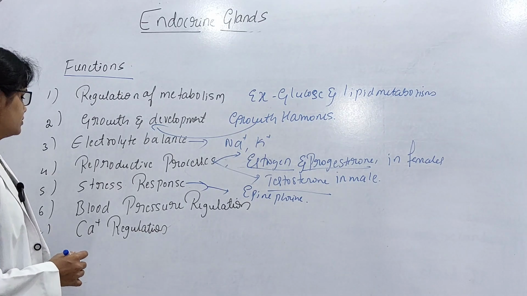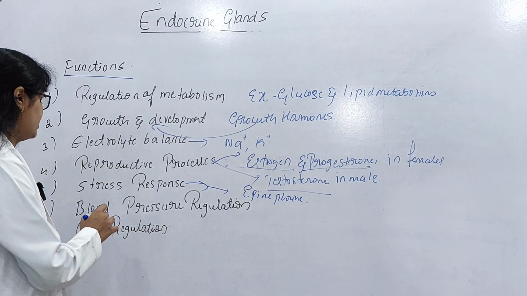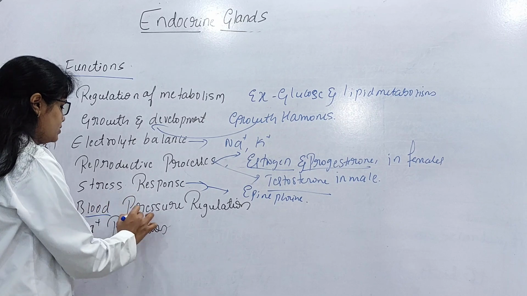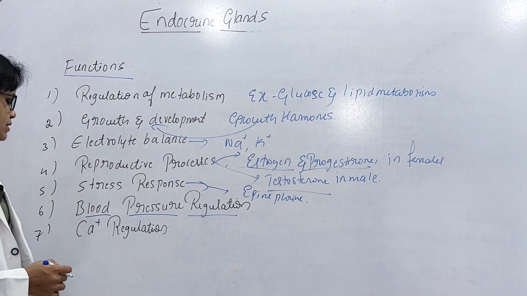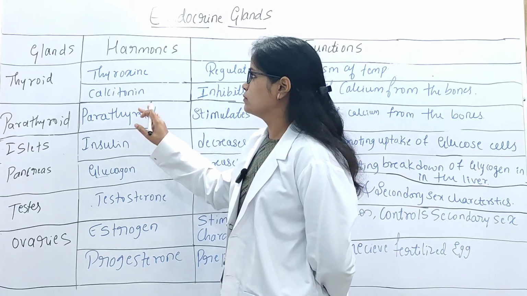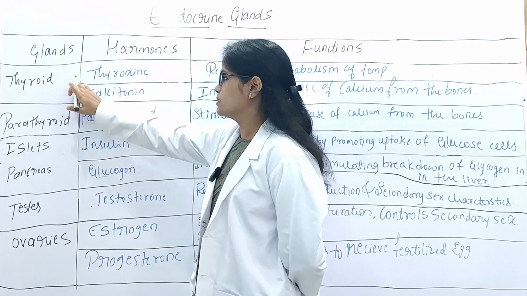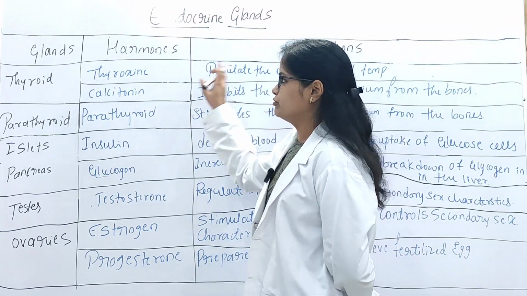And also it helps in blood pressure regulation. The endocrine glands are helpful for blood pressure regulation. This maintains the blood pressure in individuals, and also helps in calcium regulation. Now we'll see the endocrine glands and the hormones released from the endocrine glands, as well as the functions of